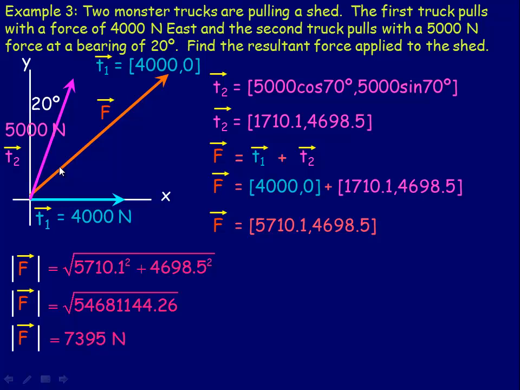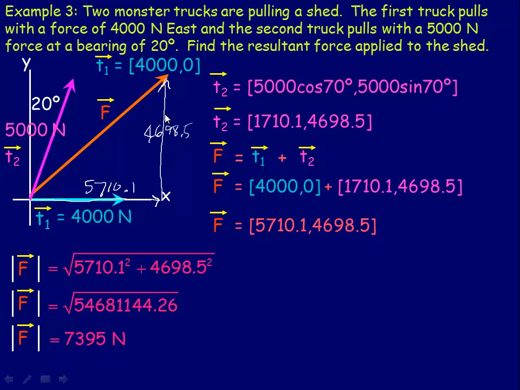Now we need a direction. We need to know how big this angle is here. So this means for this vector, those components, that this component here, that's the 5710.1, and this vertical component here is 4698.5. So we really just have a right angle triangle here,